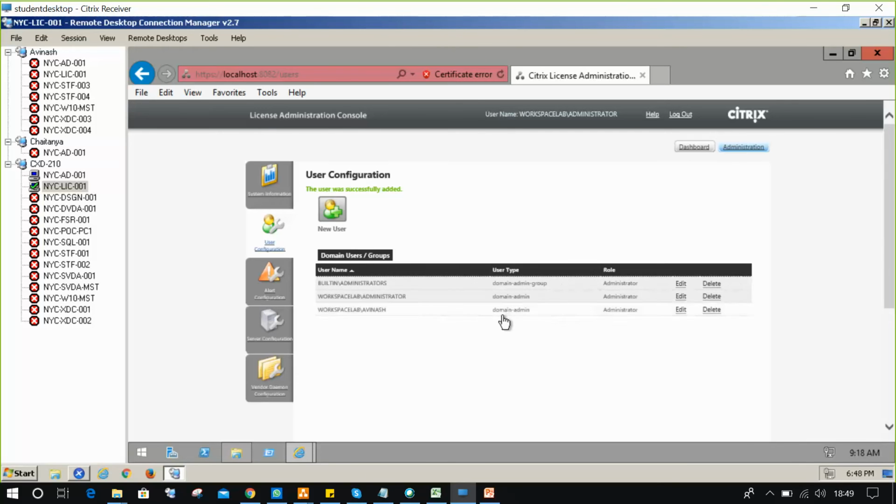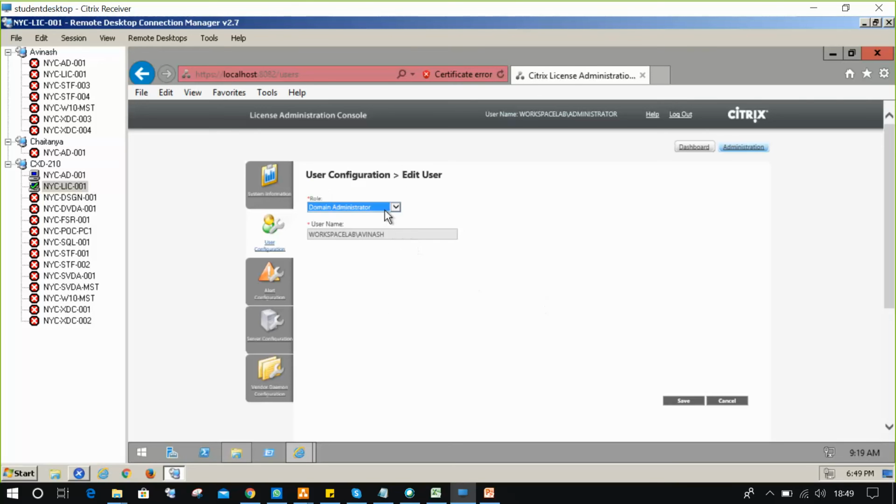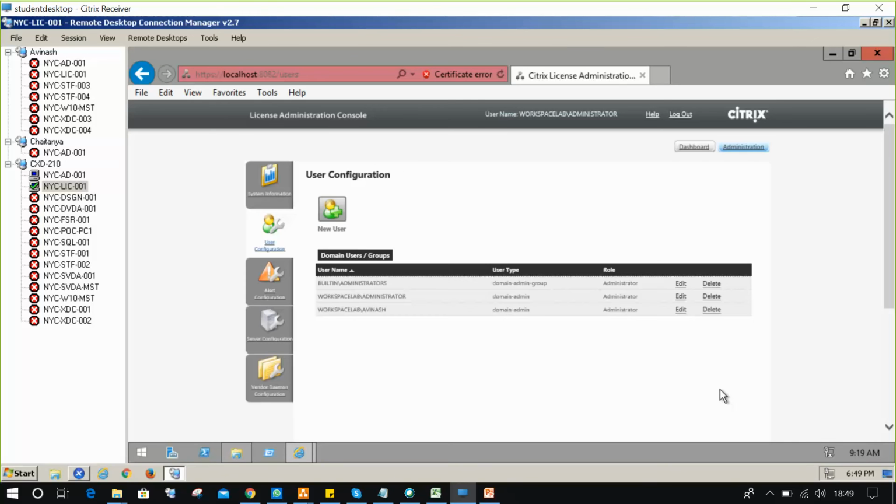So now you can provide the administrator, for example Avinash. By clicking edit we can change it also. If at any point you don't want to keep the user, you can change it by clicking the edit option. You can delete your administrator also, not a problem.